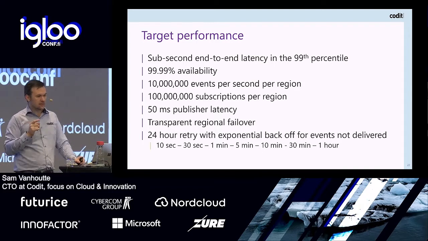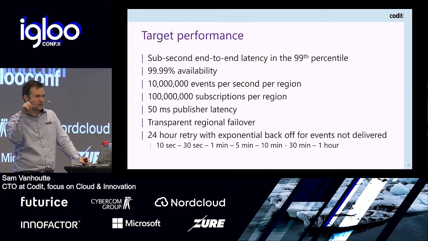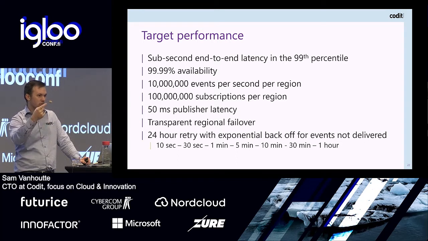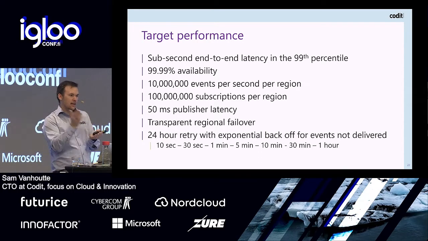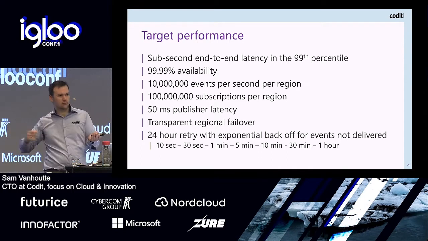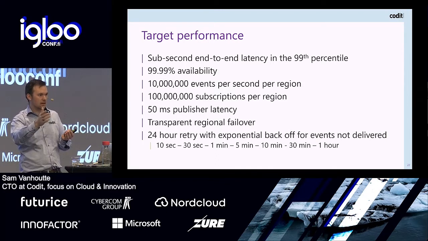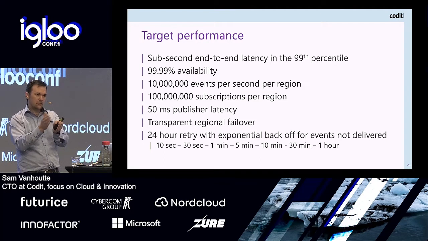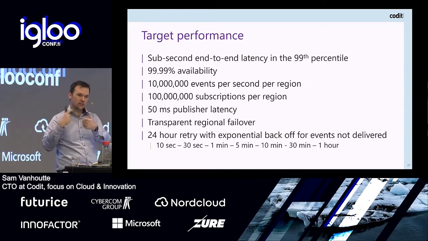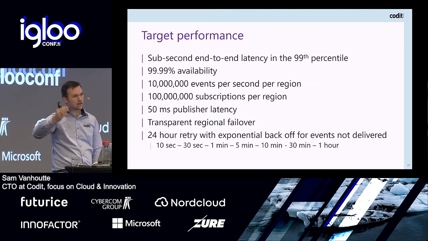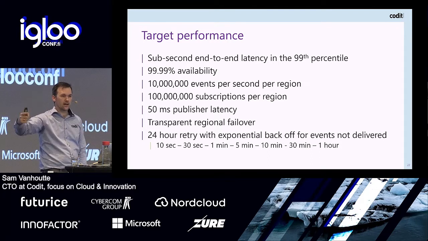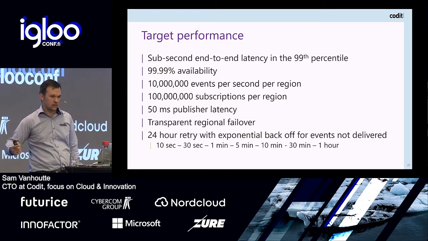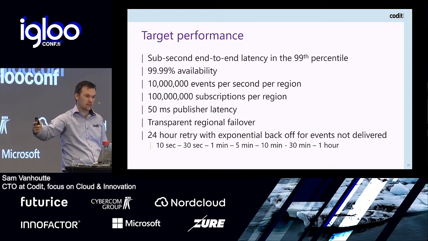And what is also important is that they have retries. So if something fails at your application, there's a new wave coming, right? And they, of course, have some logic internally to not say, if there's 1,000 failing now, we will have all the 1,000 fired at the exact same time. They play and fiddle a little bit with that, but there's still another wave coming, right? So they also have a backoff interval. I think it's 10 seconds, 30 seconds, up to 1 hour. And they retry for 24 hours, right?